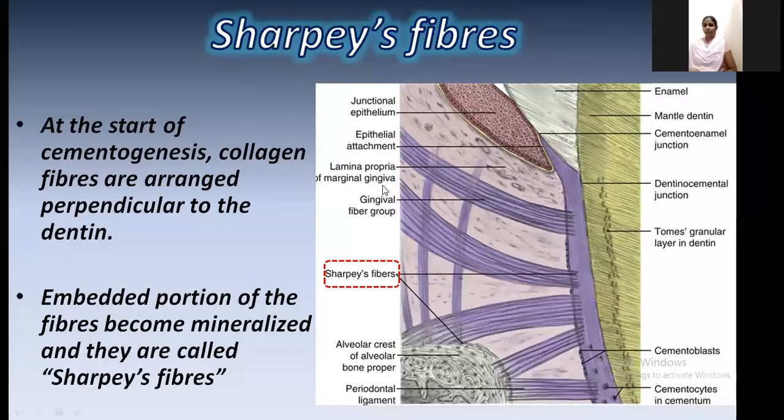Sharpey's fibers are nothing but collagen fibers